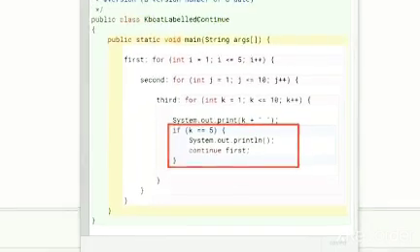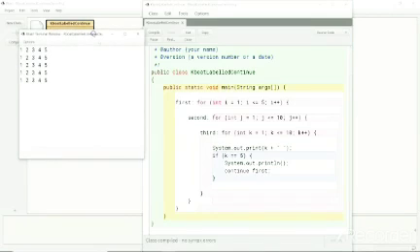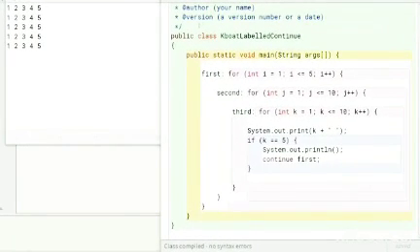Let's execute the program. Now we will go over the program to understand how we got this output. Program execution starts with this outer loop. i is initialized to 1, loop condition is true. Program control enters inside the loop.